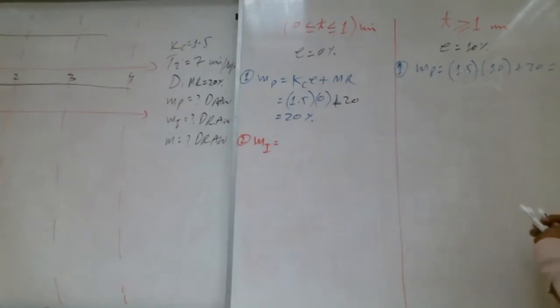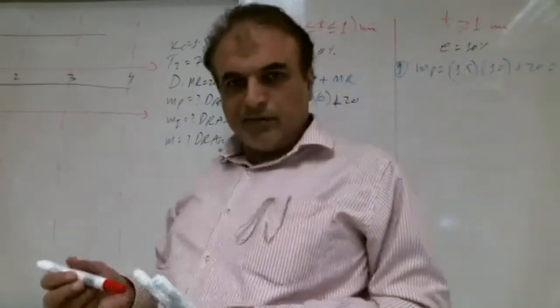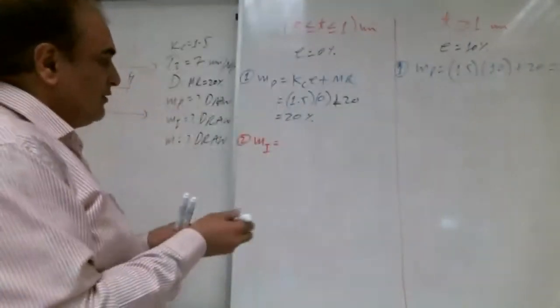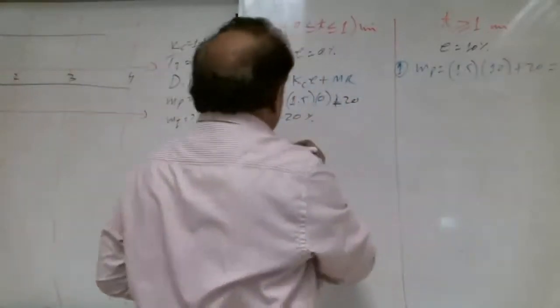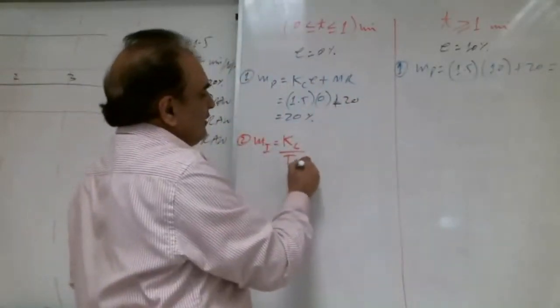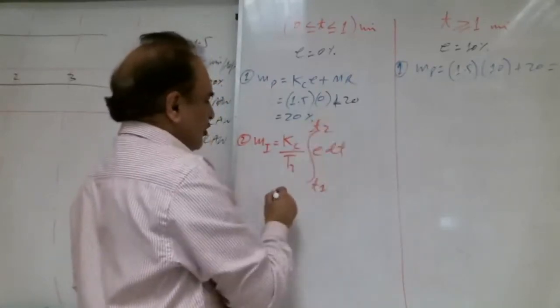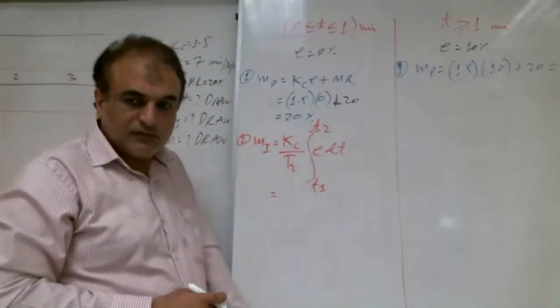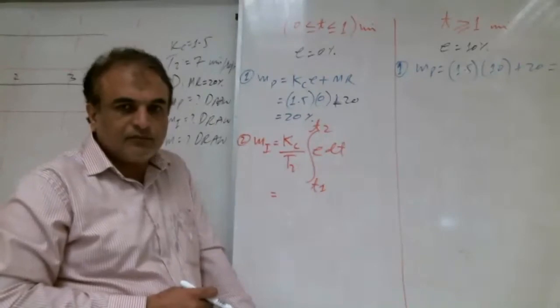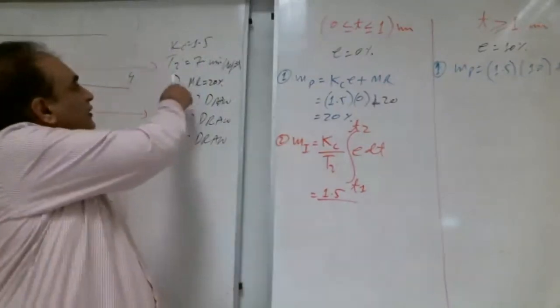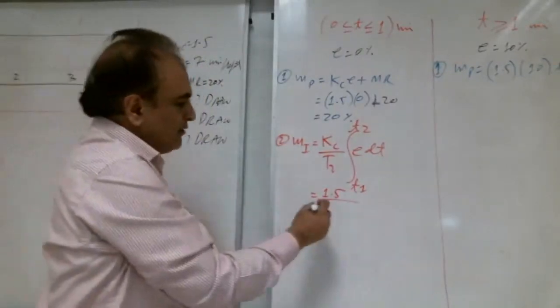KC divide T1, I think. Thank you very much. A lot of people are writing 35. Yes, this is 35; before it was not correct. So this is Shiva's 35. MI is equal to Kc over Ti integral from T1 to T2 of e dt. How much is Kc, Shiva? 1.5. Very good. Ti, how much? 7. Very good.